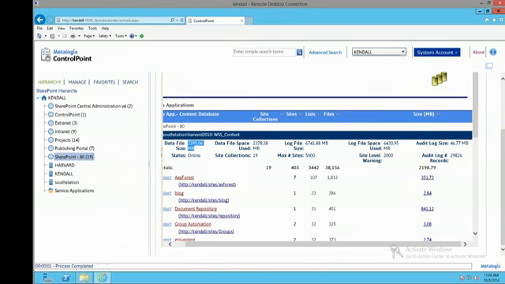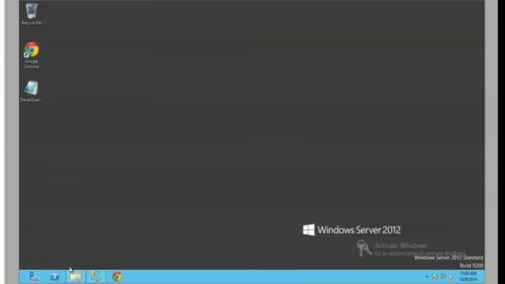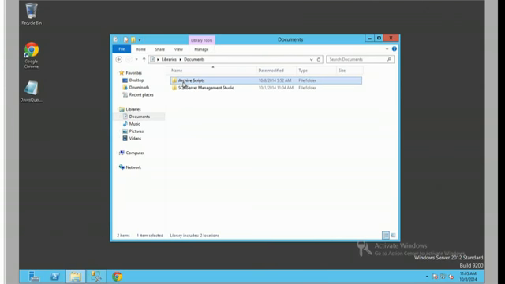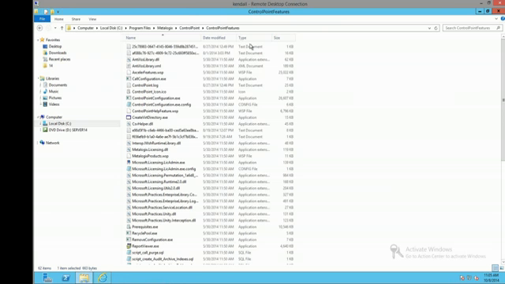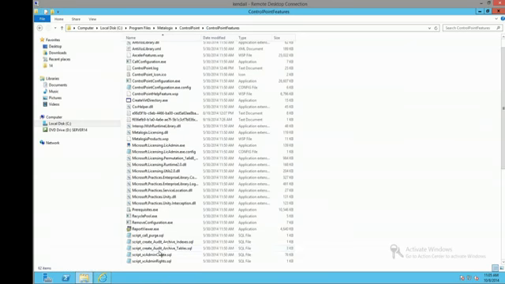And if I navigate over to my database server here, I've actually moved the scripts that we need to create this database over to this server. Back on my actual web server, you can find these inside the ControlPoint installation package under the ControlPoint features folder. They're called Script Create Audit Archive Indexes and Script Create Audit Archive Tables. So when I navigate back to my SQL server,